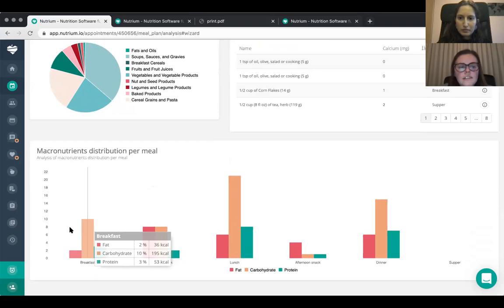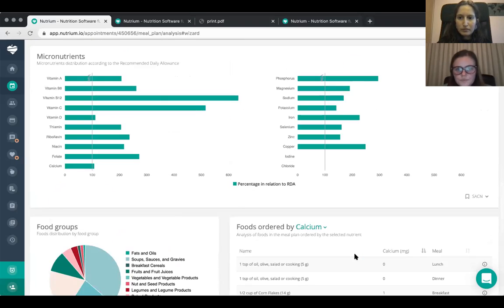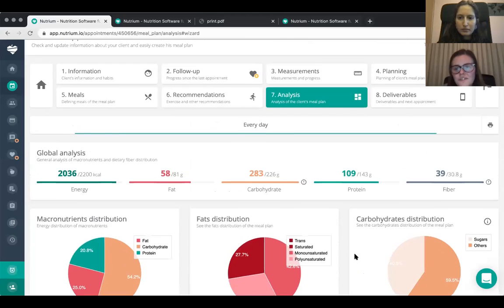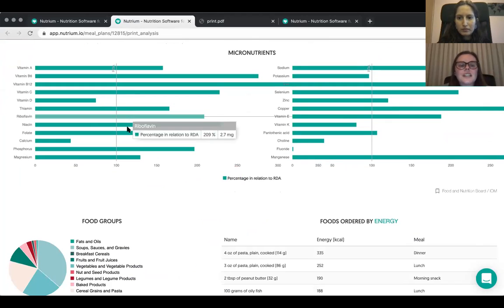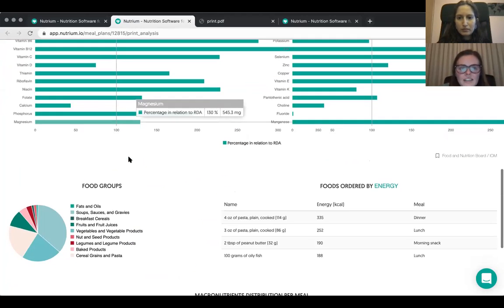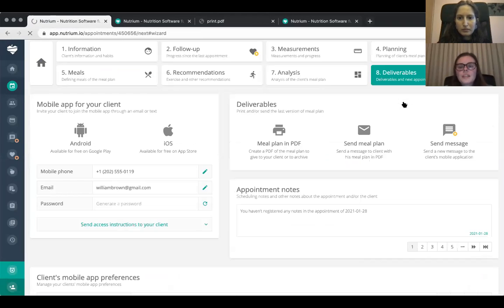And finally, we can see here the macronutrient distribution per each meal. Again, clients love to get these reports, so you can also print this out and send it to them, and this is what it will look like. So they have access to all of these pie charts, and they have access to their nutrients as well. So the last step is where you'll be giving all the information to the client, and this is what